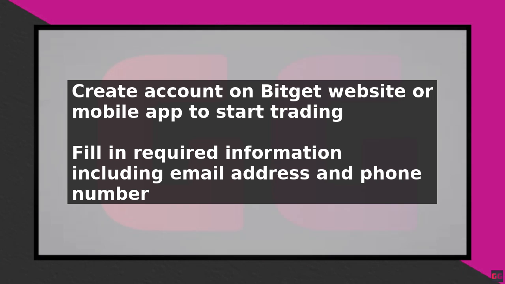First, go to the Bitget website or download the mobile app from the App Store. Click on the Sign Up button and fill in the required information, including your email address, password, and phone number. You will also need to verify your email address and phone number by clicking on the verification link sent to